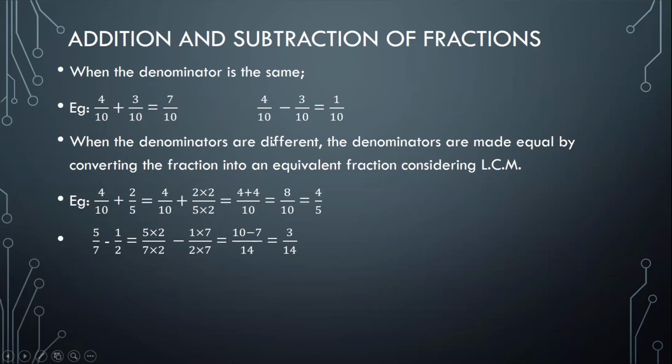Where the denominators are the same, you just have to add the numerators. You are going to get 8 by 10. Usually in your part 1 paper, you get marks even if you don't simplify. But remember, the best way in a maths paper is to represent your answer in the simplest form possible. Even if you keep it as this fraction, you're going to get marks in your part 1 paper.